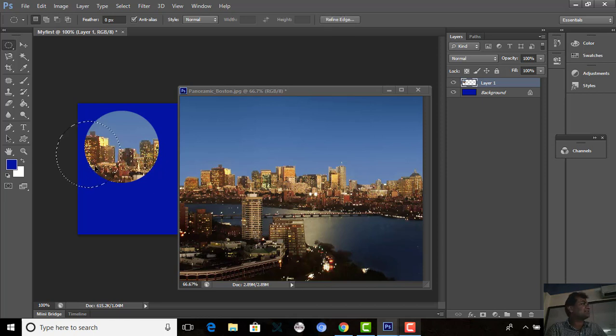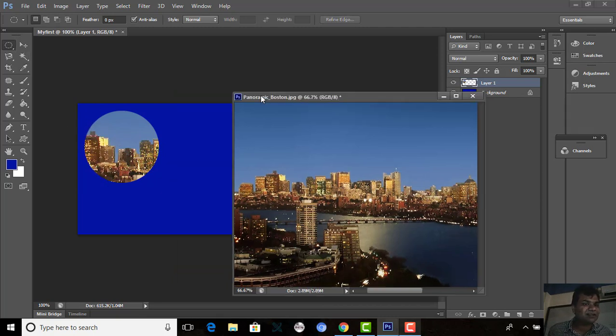I select the marquee tool उसी जगह पे and now what I'll do, I press delete. अच्छा मैं दोबारा करके दिखाता हूँ. For example, if you want to make something like crescent,